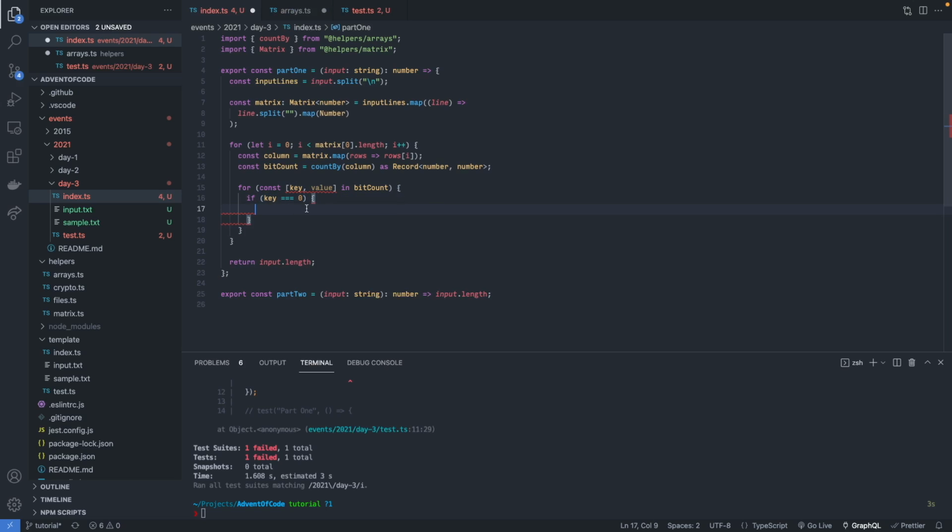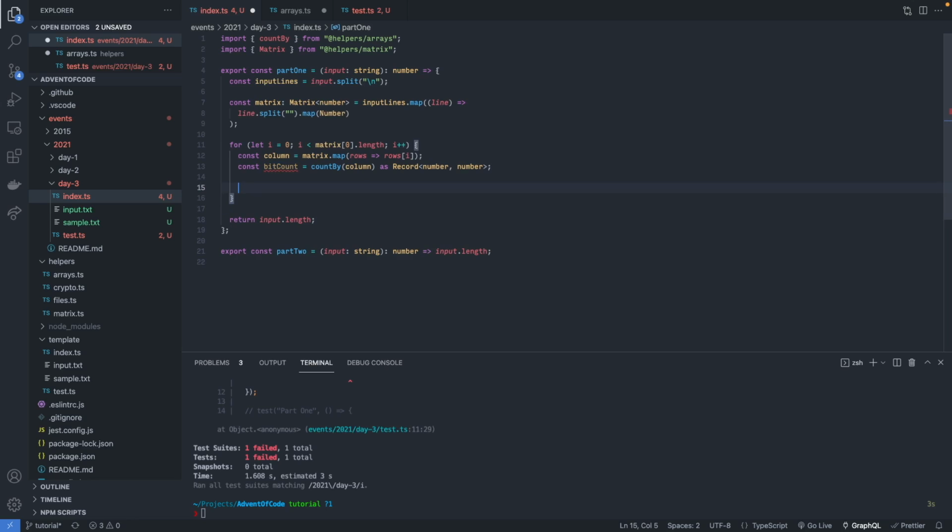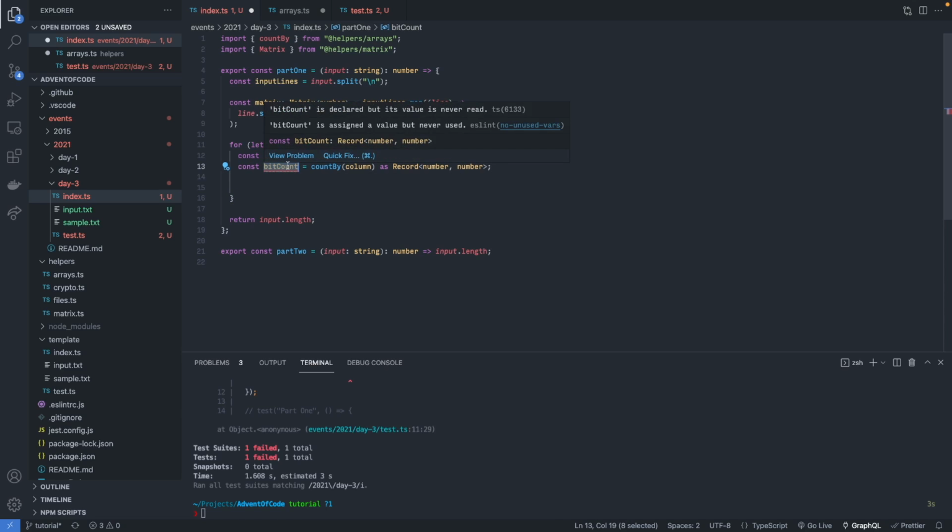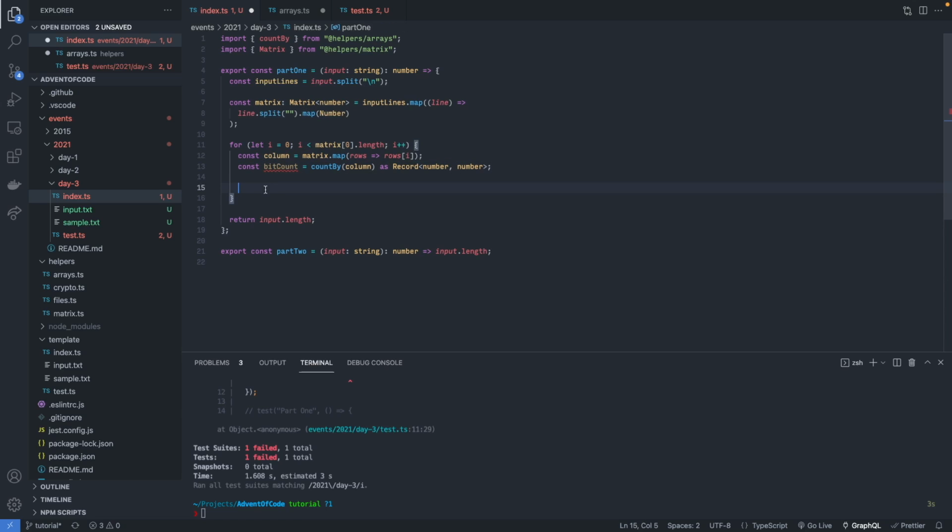So if it is a 0, I'm not really going to check if the value is set. I'm actually going to check if the value... that's a good question. I don't really need the for loop. Yeah, that's a mistake on my part. I wouldn't really need the for loop because it just has 2 items. We know that it has 0 and 1. All I need to do is check whether bit count of 0